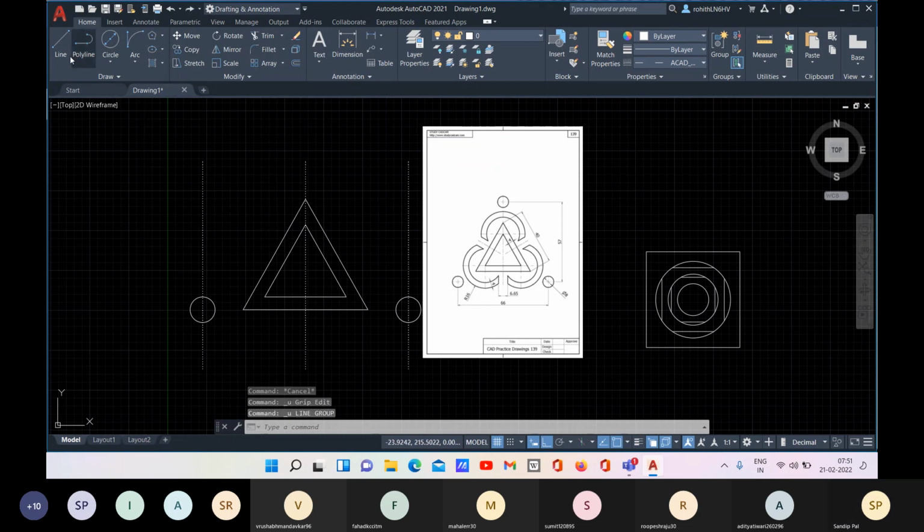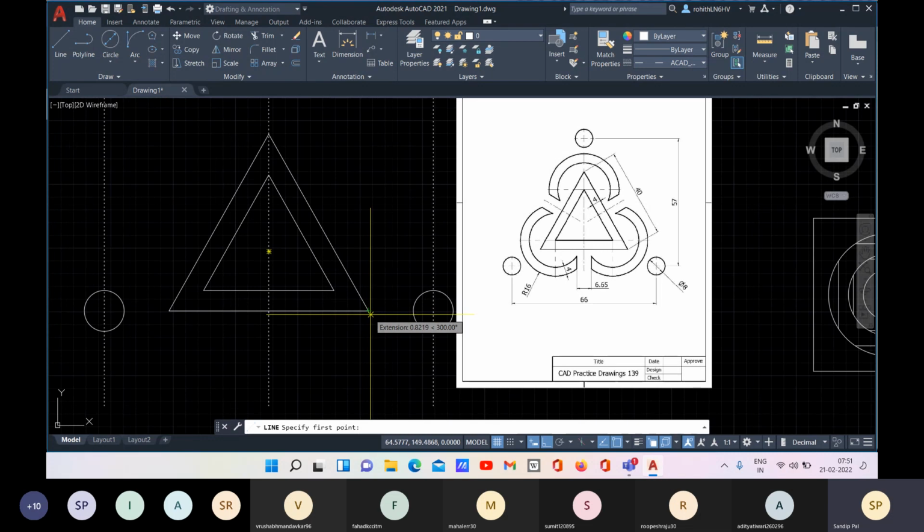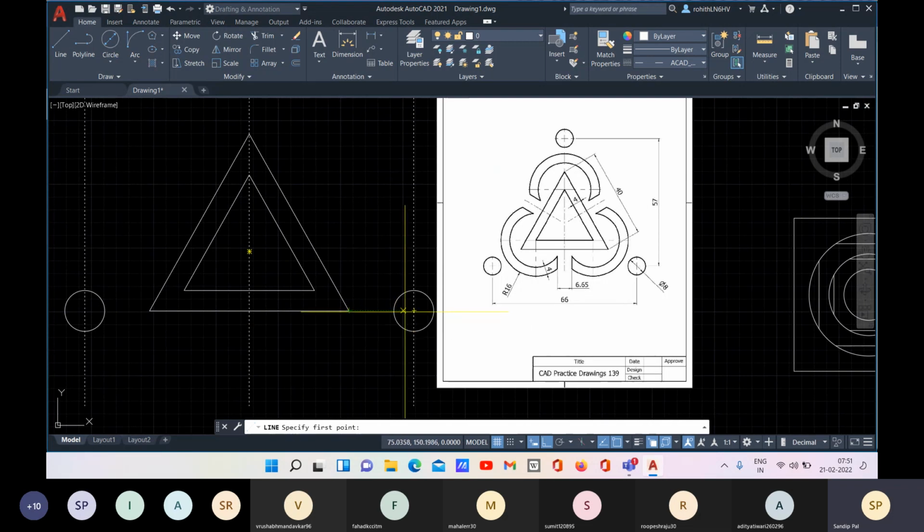Let me tell you again. With object snap tracking, F11 should be on. And when you are placing any point, you will be referencing from this point, right? Or from this point.